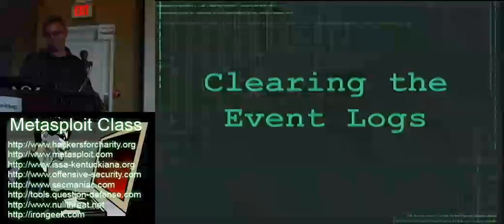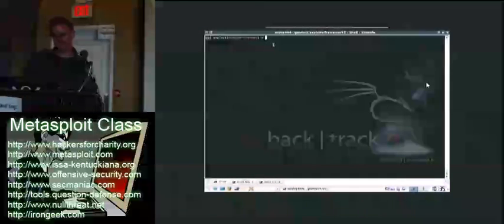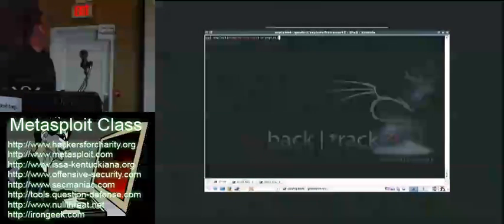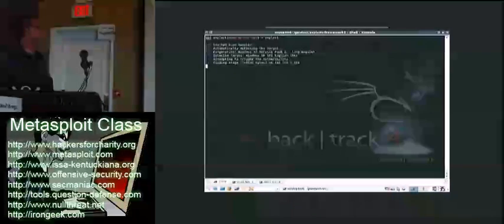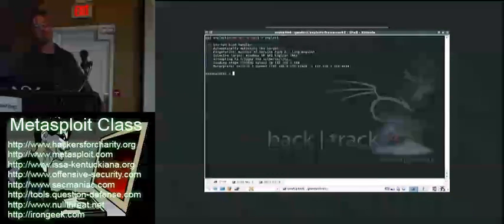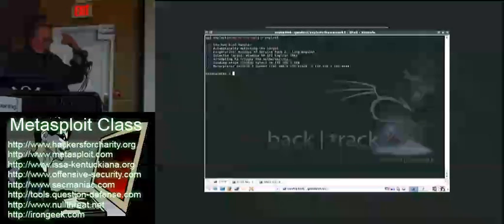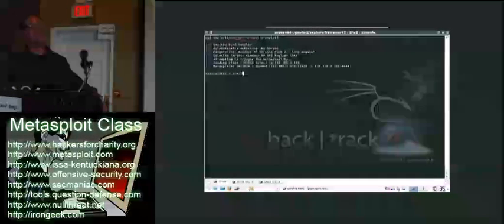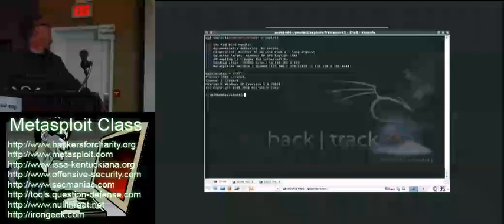Next one I'm going to show, Adrian already showed this, so we'll go through it real fast. Clearing the event logs. There is one thing about clearing the event logs: it's not actually perfect. It does leave one significant thing behind, which I'll show on this, which is a 517 event. So if you get to work and